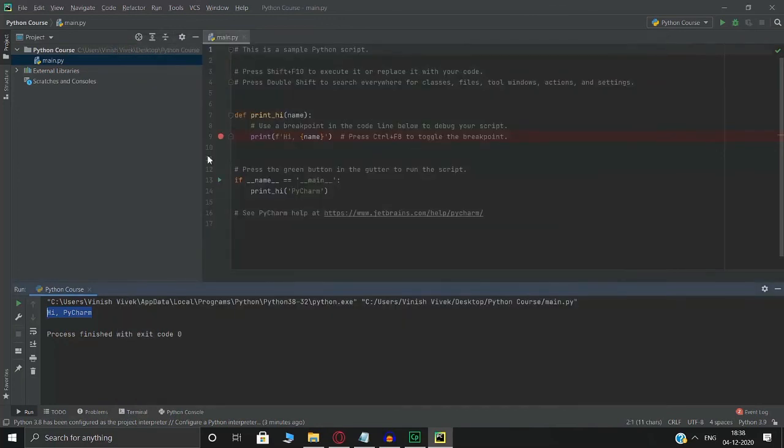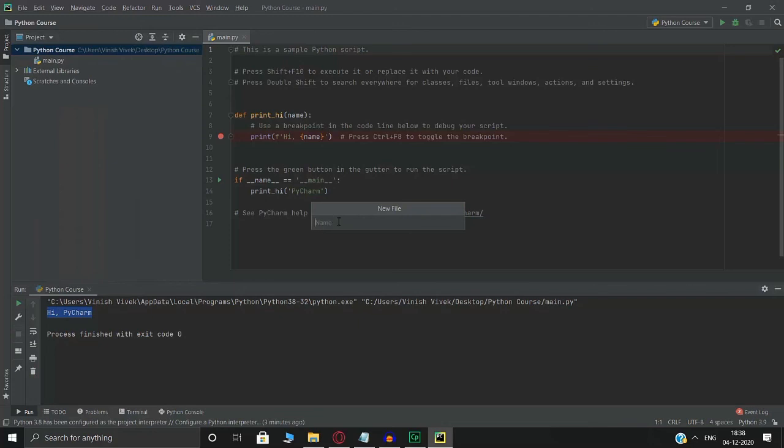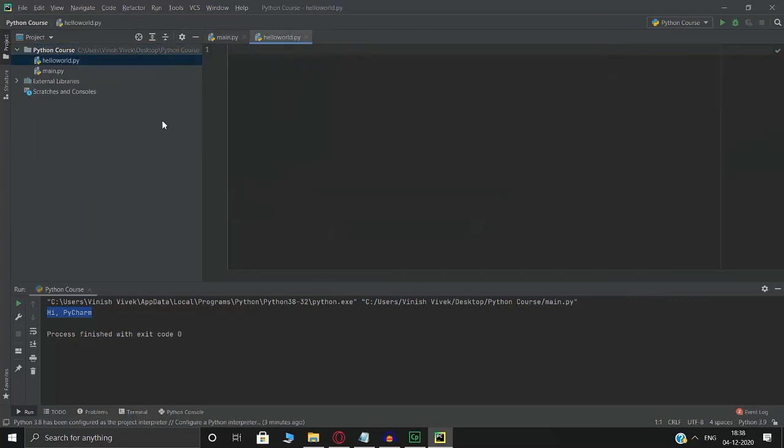Now let's see how we run a hello world code over here. For that, we'll select our folder or our project where we're going to be working with our Python files. Right click and click new, and you can either add file, which will add a text file, but if you click on file and want to save it as a Python file, you got to name it hello world.py. So you got to give the extension. Only then will this come up as a .py file.